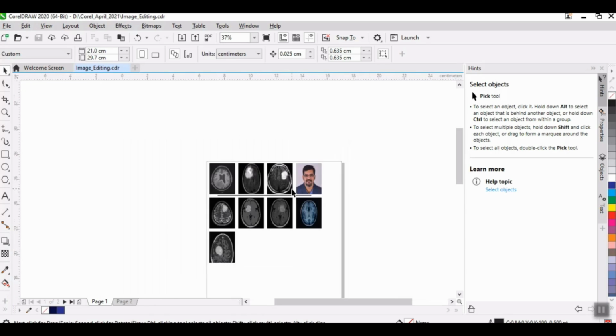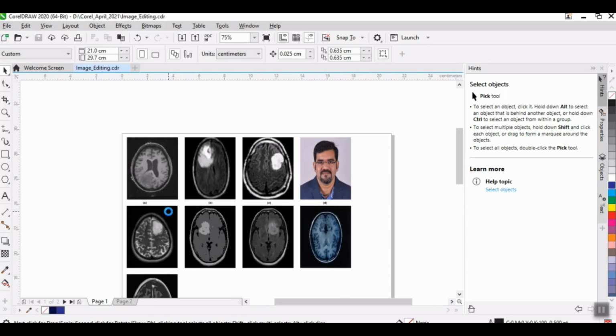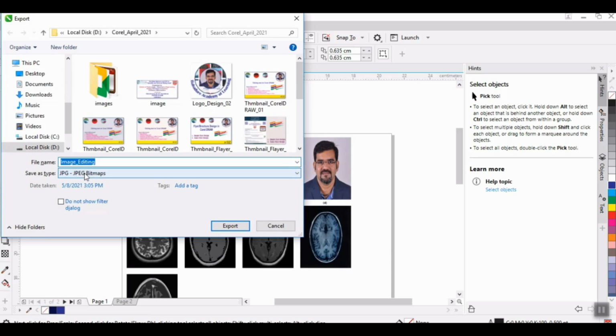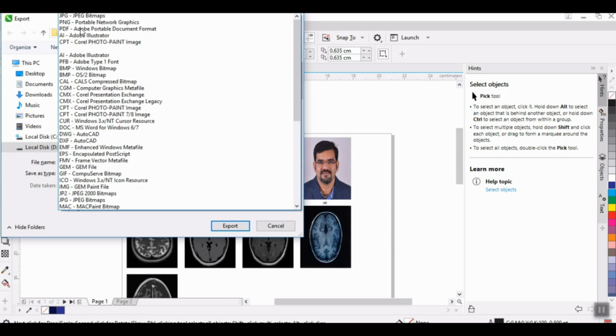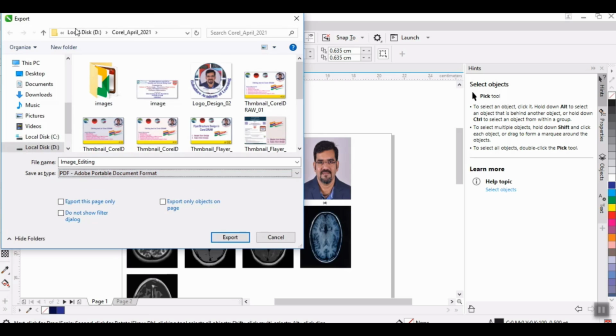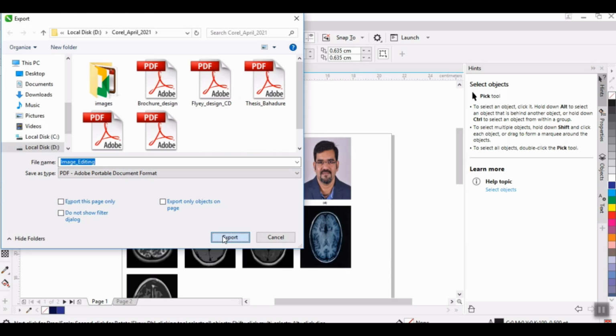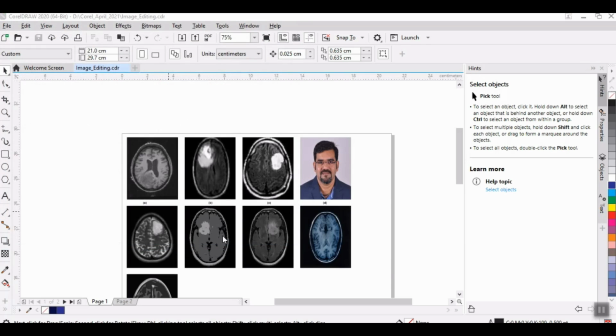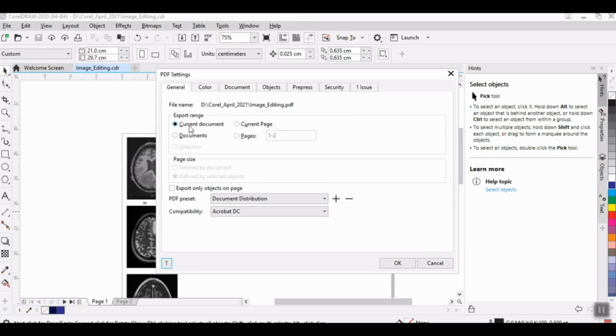So remember, if I press Ctrl E, this option is available. I am selecting this. If I am choosing PDF and then Export, this indicates the current document, that means the entire document. For example, in this case there are 2 pages, so both pages. Here you can also see that by default 1-2 is shown.